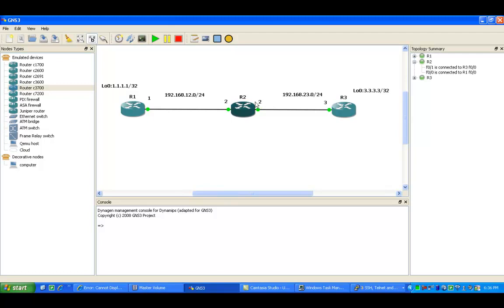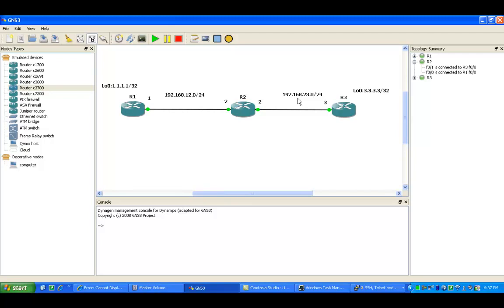Then we have the networks from router 2 to router 1 and router 3, which is the 12 network, and then the network from router 2 to router 3 is the 23 network. Also we have a loopback on router 3,